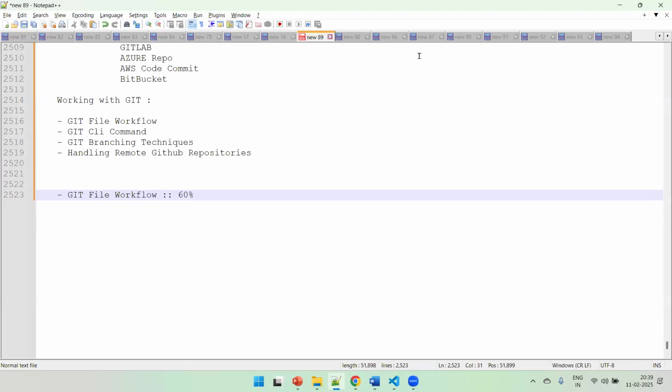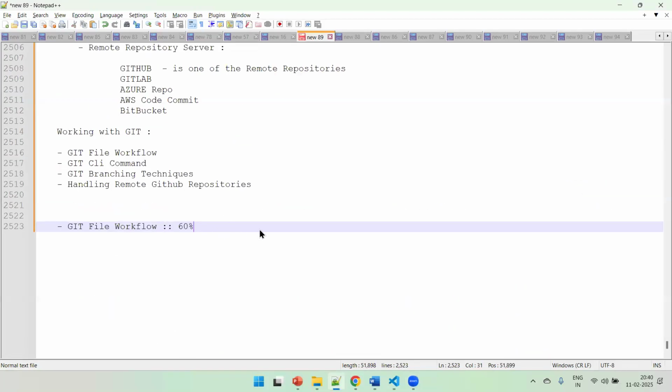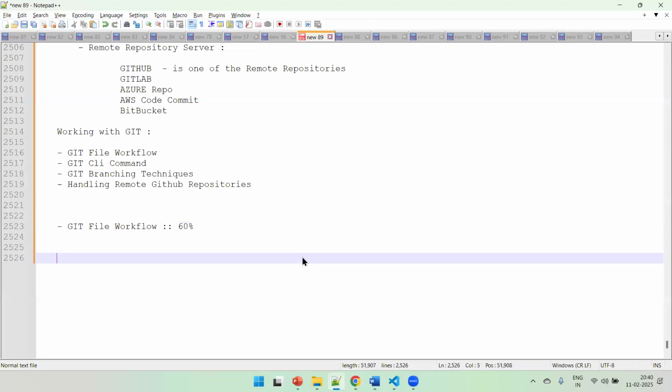Yes. So now we are going to discuss the Git file workflow. What the Git file workflow is going to demonstrate here is, ultimately, we're going to understand how a file flows from the creation point till the remote repository. Because when it comes to your distributed version control system,